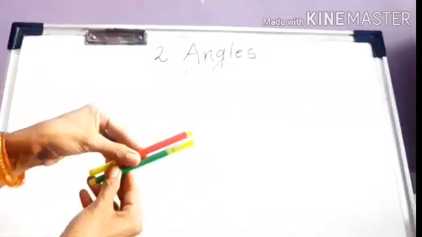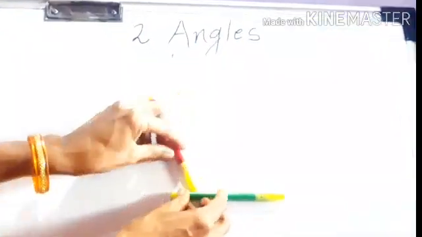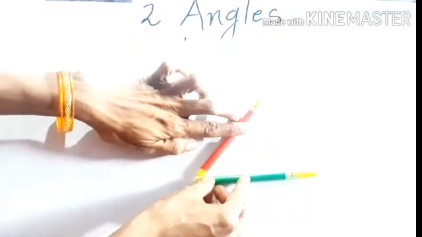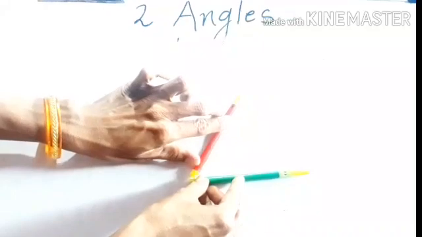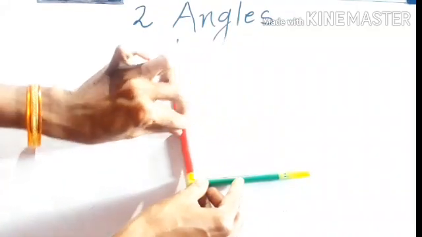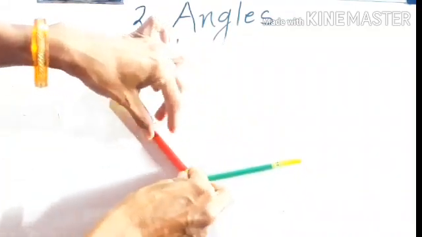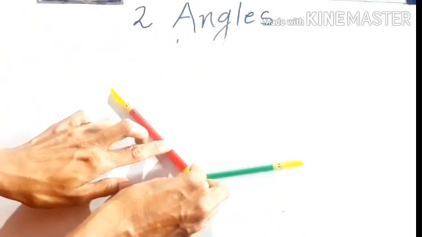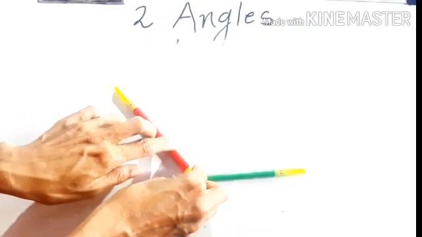Okay. Now if I take these two pens, so here, see here, this is a right angle. If I go towards this direction, right hand, then this angle will be the acute angle. Okay. So again right angle. If I move towards this direction, then this angle is obtuse angle, which will be greater than 90 degree. So these are the 3 basic types of angle which we have studied already.